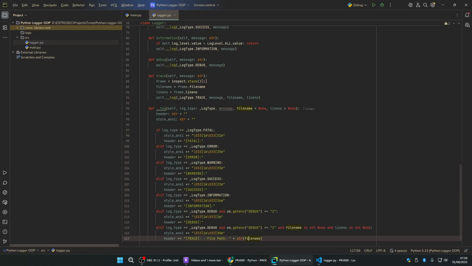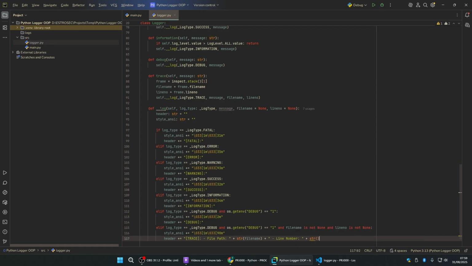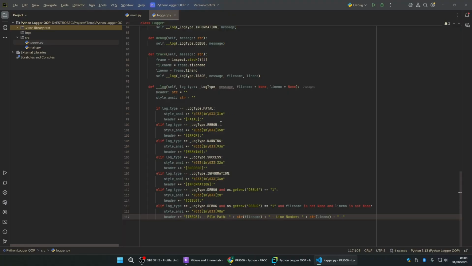And then after we've done that, we can do line number is plus str line number, like that, okay? And then plus again, just like that. And that is basically how we do the main logic of our fatal, error, warning, success, information, debug, and trace